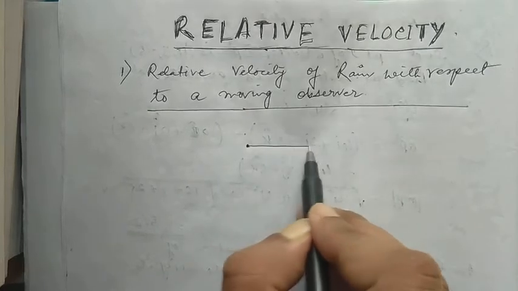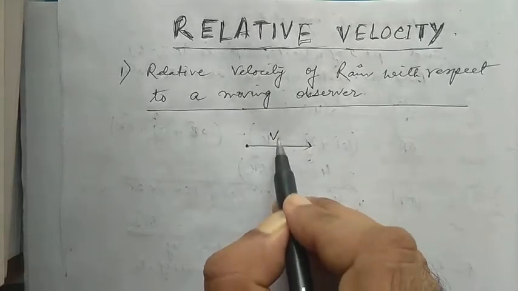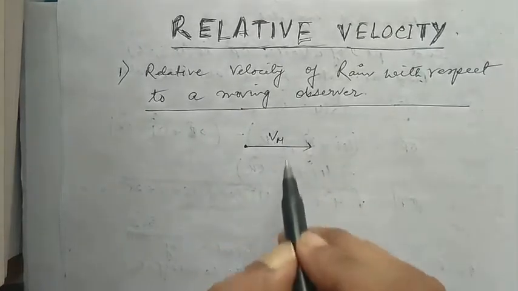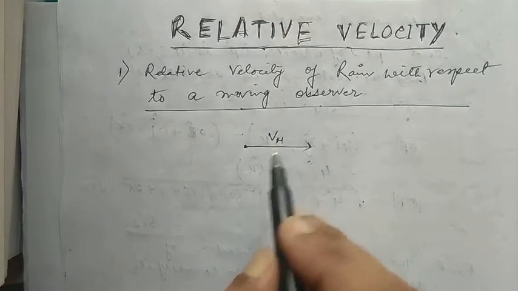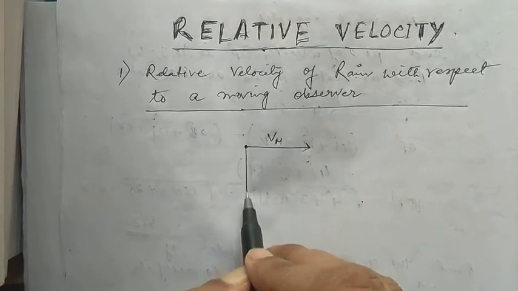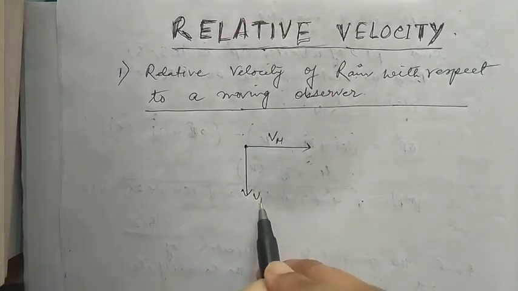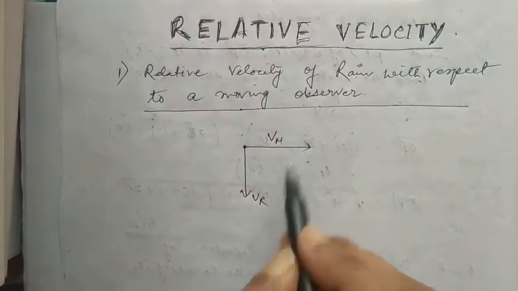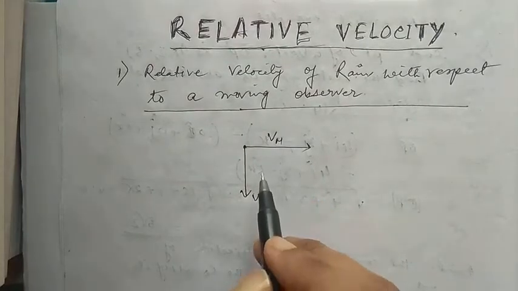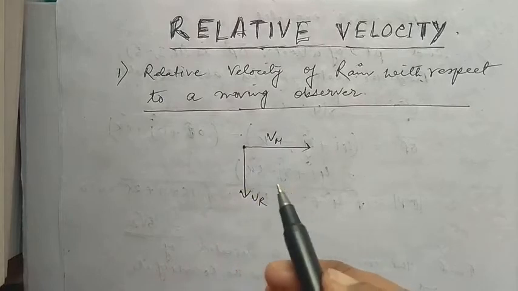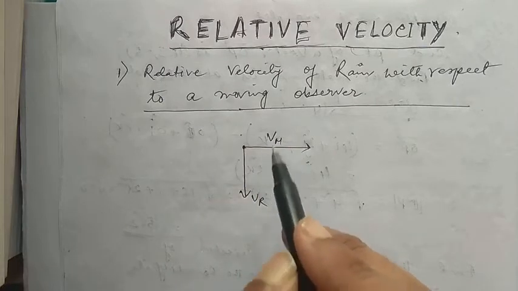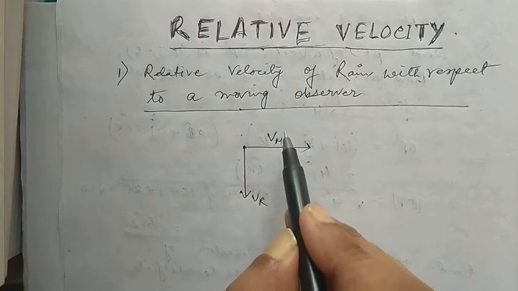Suppose a man is running with a velocity of Vm, or he is riding a bicycle with velocity Vm. The rain is falling vertically downwards. We denote the velocity of rain as Vr, and the velocity of the man as Vm. Now, from the subtraction rule, the relative velocity between the rain and the man, where the man is the observer,